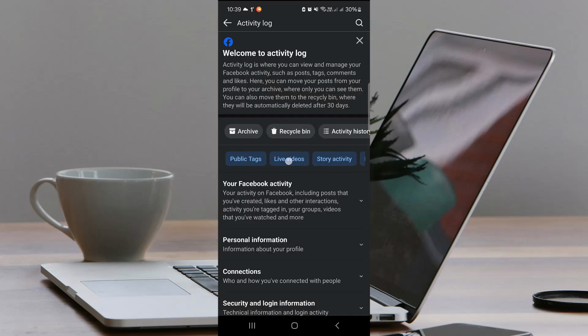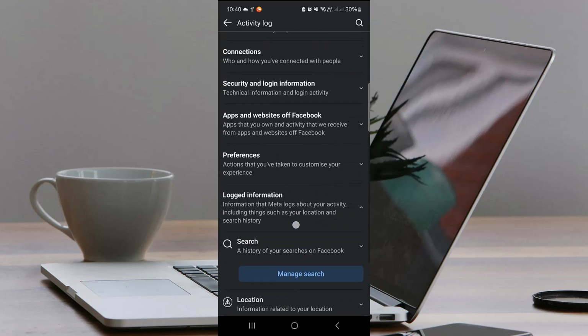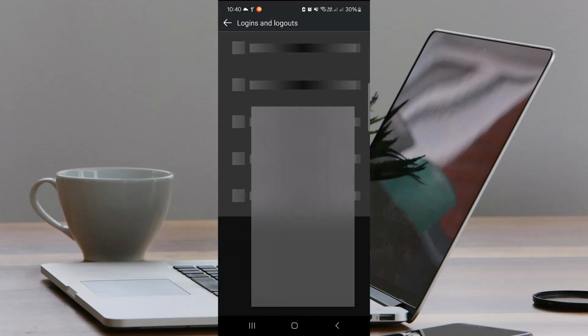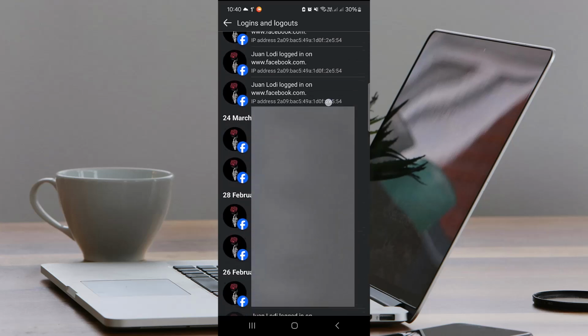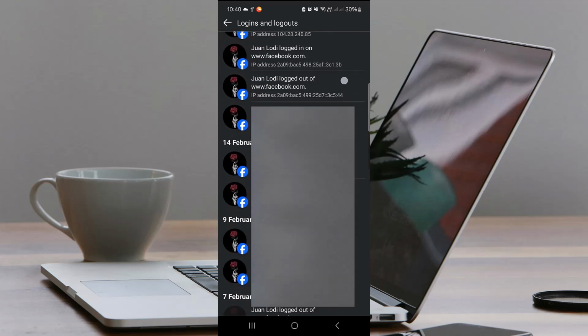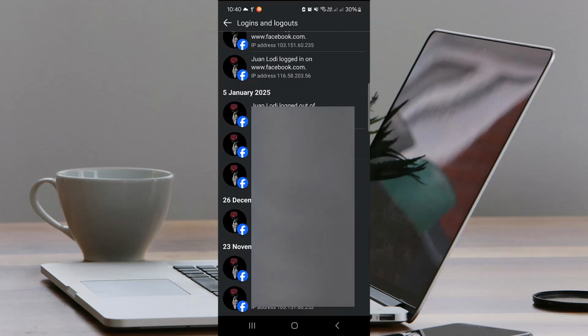Now go to logged information. Now go to security and login information. Now go to logins and logouts. Now here you will find the IP addresses or the devices on which your Facebook is logged in. So from there you have to tap any one of them, and let's just tap